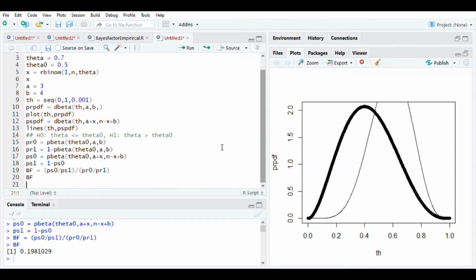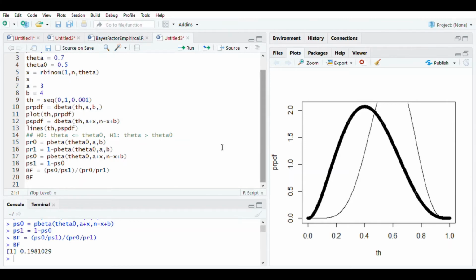Some people also say that if the Bayes factor is less than 1, reject the null hypothesis, and if the Bayes factor is greater than 1, don't reject. So you might get to hear different cutoffs, but I have found these to be the cutoffs in most of the textbooks of Bayesian inference, and so we are using them. So in this case, we are rejecting the null hypothesis strongly, very strongly. Why? Because this Bayes factor is less than 3.